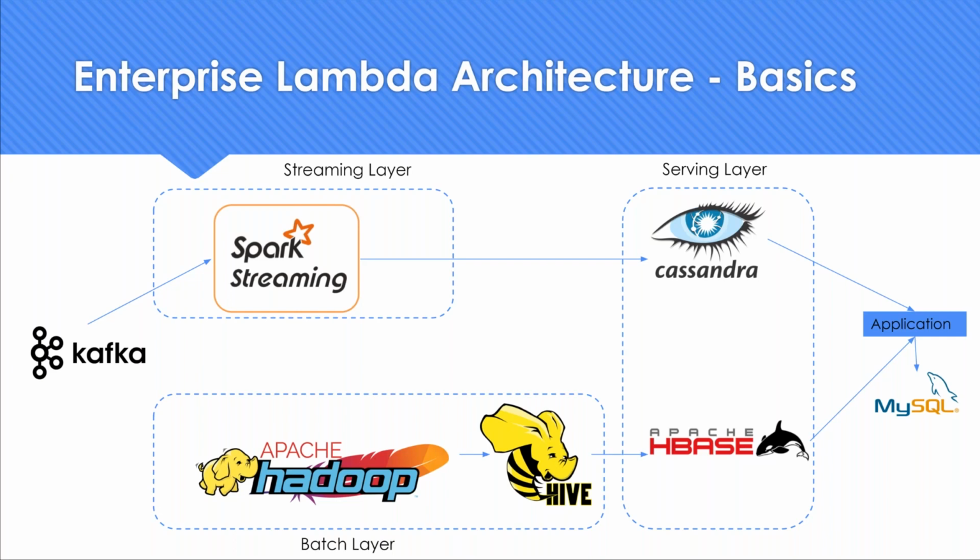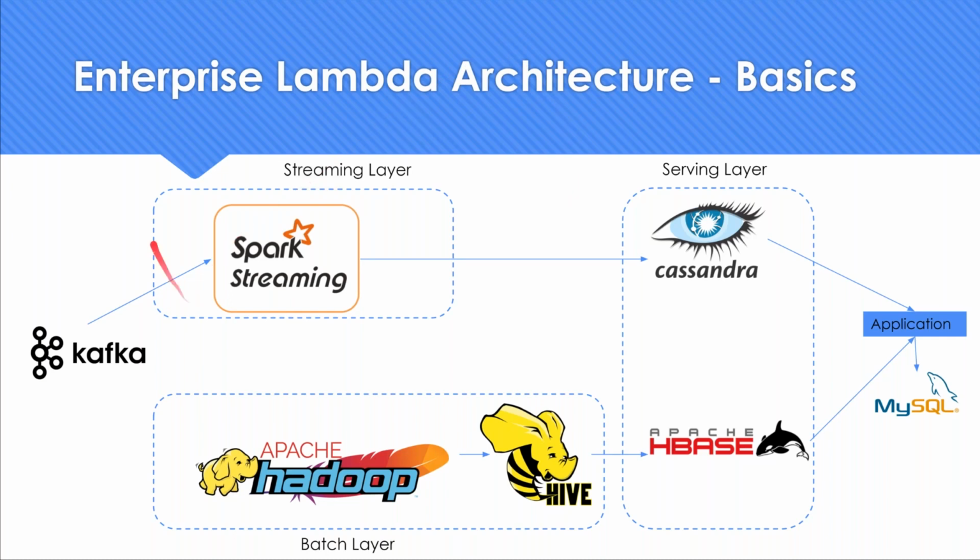What is batch data? A data which has a starting and an end. Number of rows in a table. So you know the number of rows in a table is 10,000. So you know the first row, you know the last row. So there's going to be a fixed amount of data. So usually when it comes to business, they handle both kinds of data, streaming data and batch data. To handle both types of data, they have different architectures. An architecture with components dedicated for batch processing, components dedicated for stream processing. So if they want both, they use an architecture called enterprise Lambda architecture, which can handle both with various